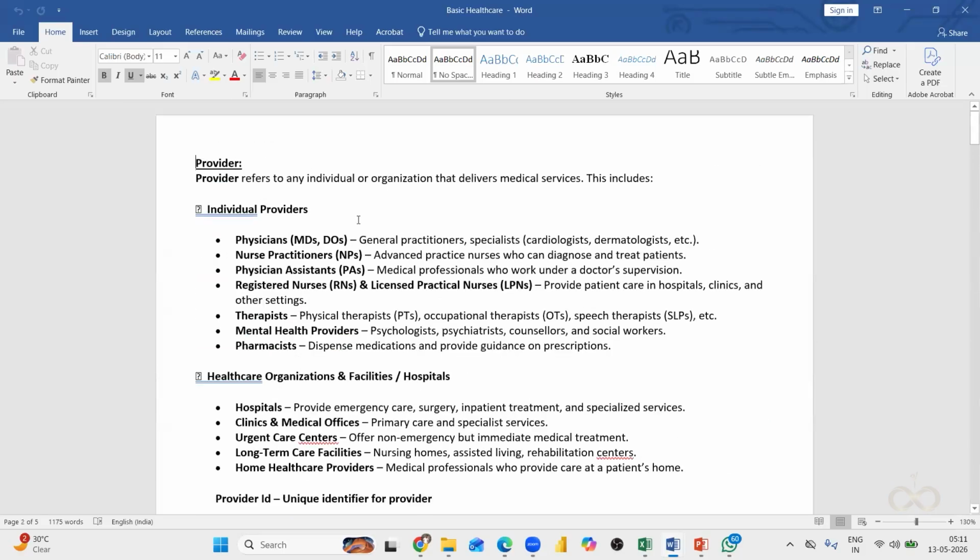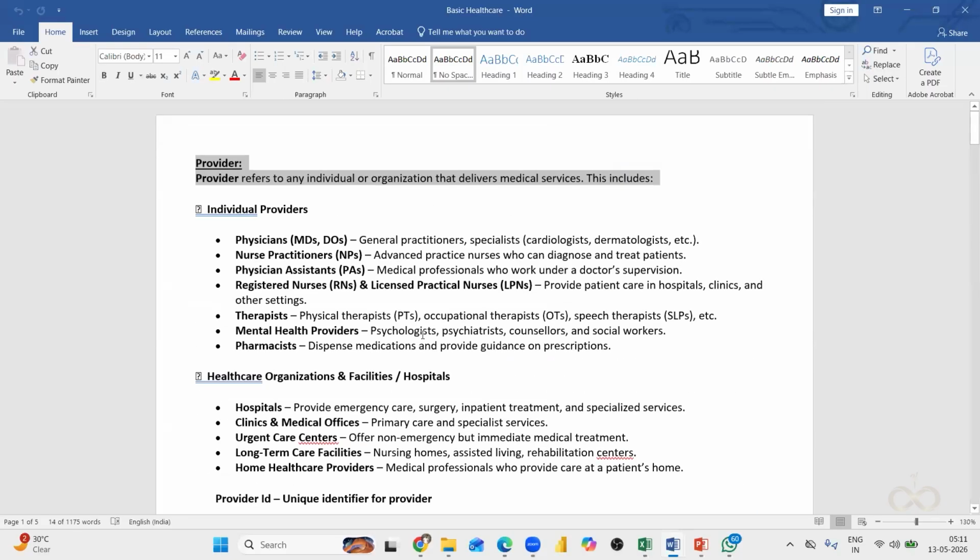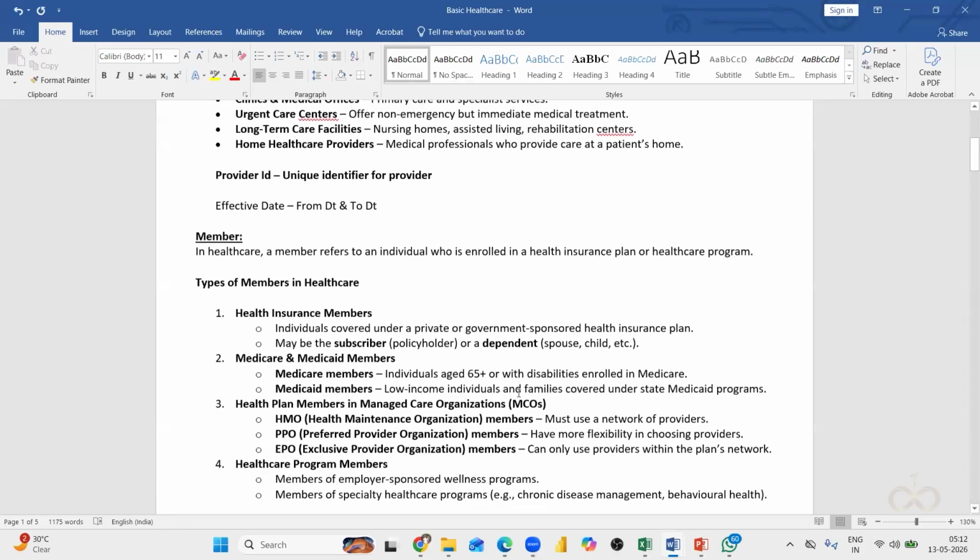Okay, so the very important terminology is provider. Does anyone know who the provider is in the healthcare domain? Who gives the facility? That's correct. So a person or